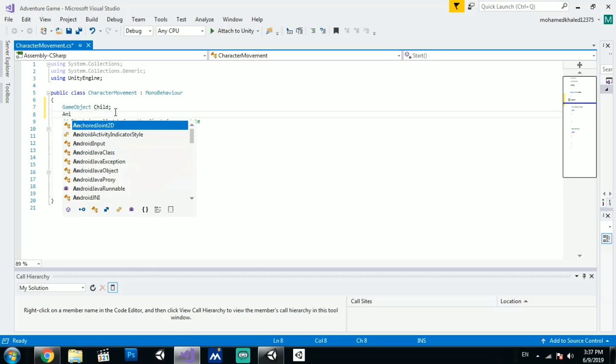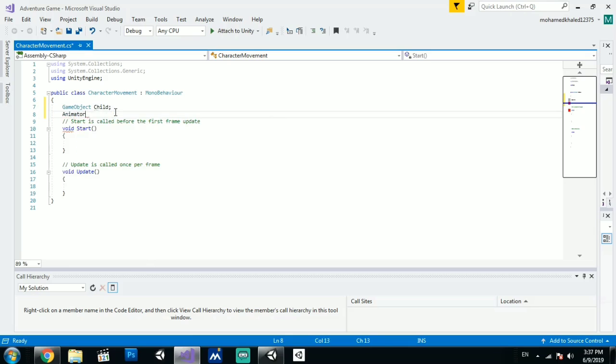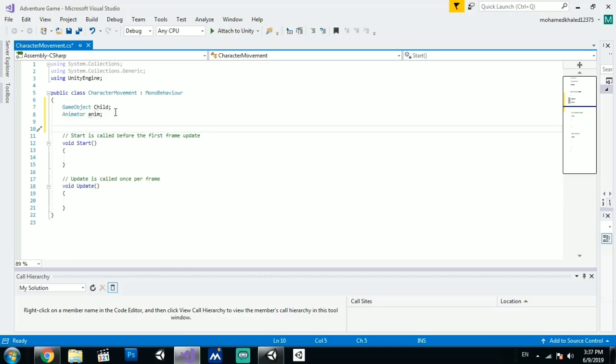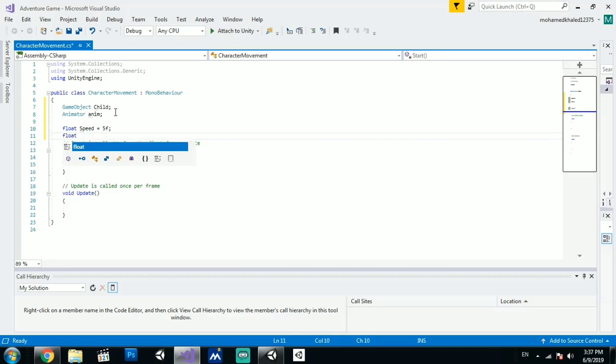So animator, anim. We'll add some float variables. Float, it's going to be speed, and another one, float angular speed. This is the speed that the player will rotate with, and this is the speed that he is going to move by. So now we'll make our reference, anim equal get component